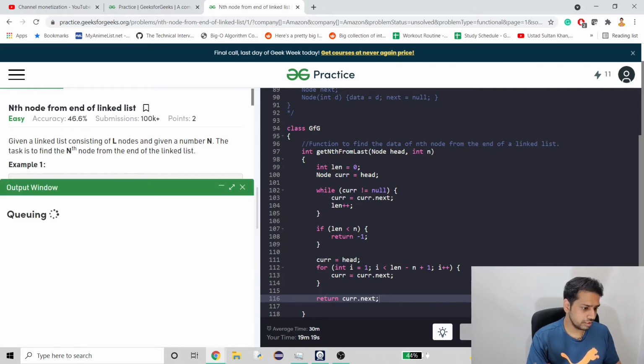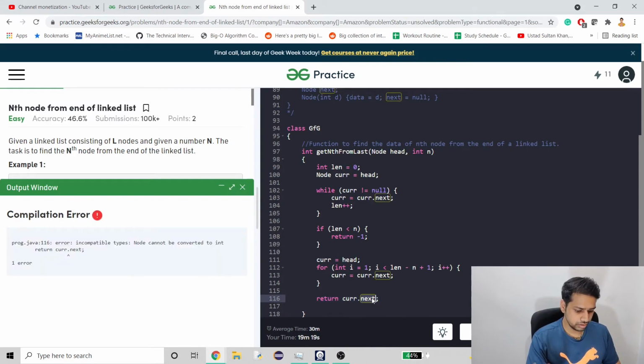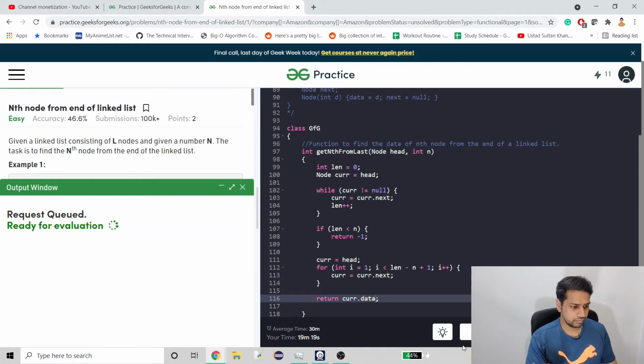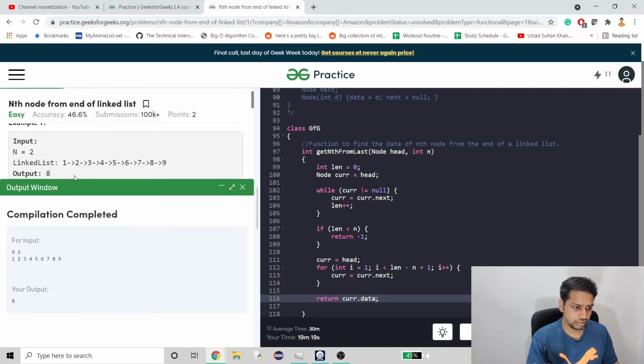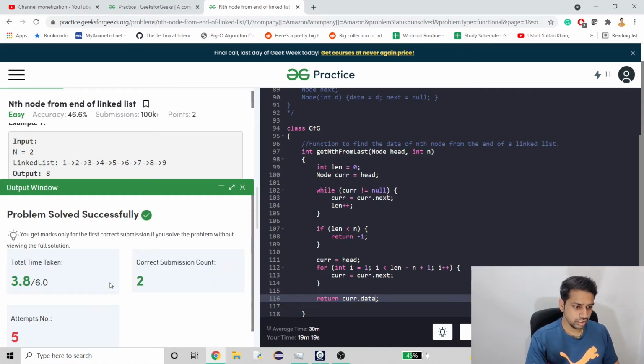Now let's try to run this. So here the output is good, so it should be 8 and it's 8. Let's try to submit this. So seems good, this is working fine. Just let me know if there is any problem here. I think everything should be okay, but do let me know.